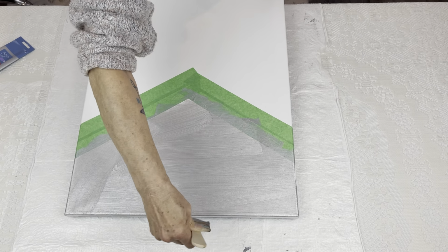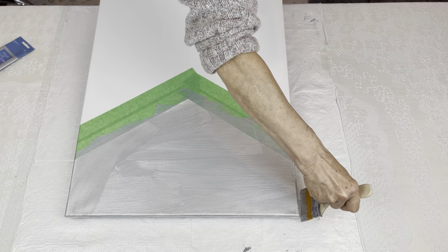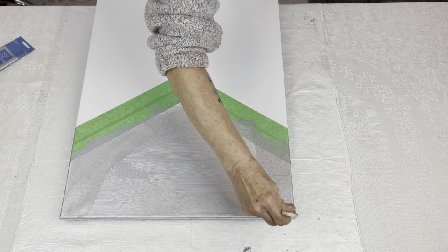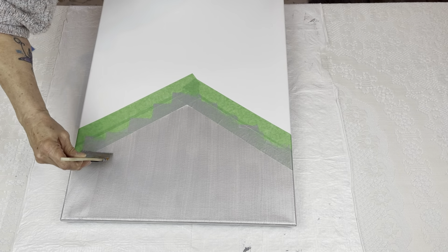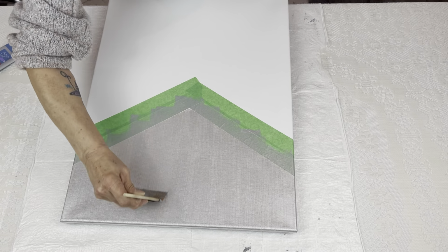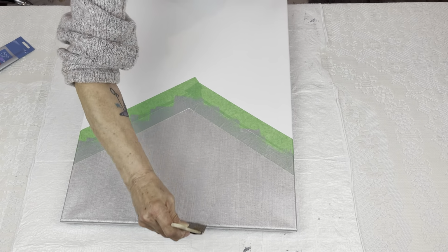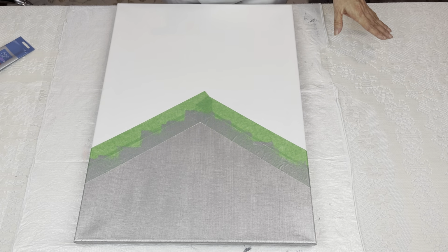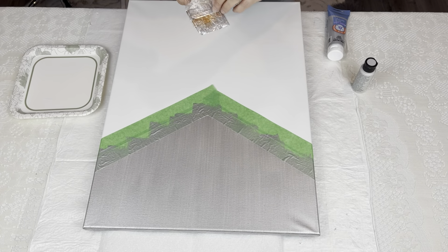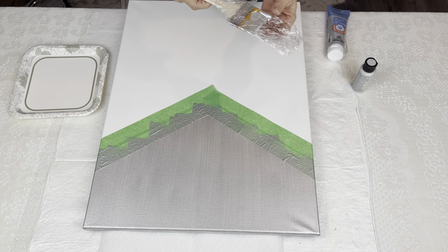Not too worried about my sides with the silver because I'm going to be painting my sides red. Okay, I'm going to let that completely dry and then I will bring you back and we'll do the silver striping up top. Okay, so the base coat is all dry on my canvas, and now I'm going to do